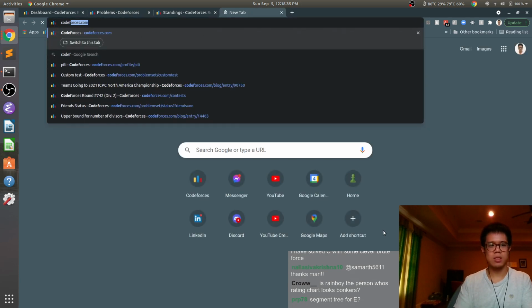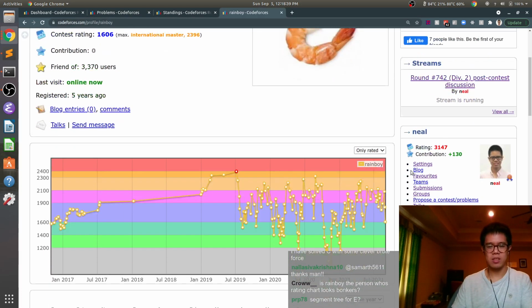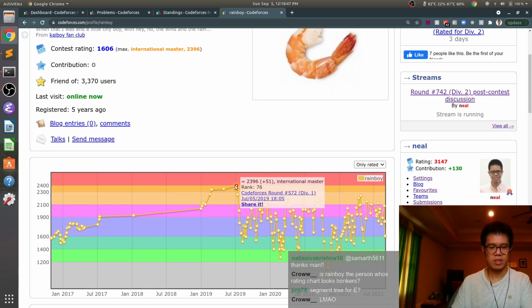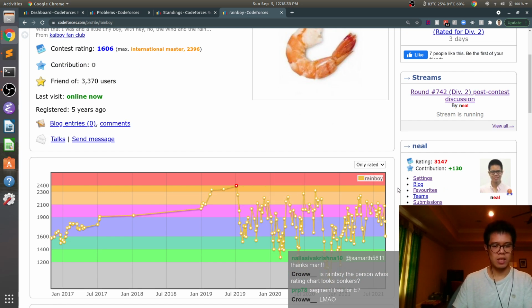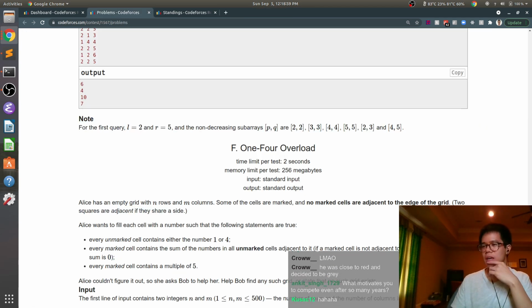Yeah, Rainboy is the one who just clowns around on these contests. It's funny because he was very, very close to red, and then he just decided that he didn't want to be red. When obviously he's good enough. I think he's clearly good enough for at least IGM. I mean, I think he got 5th place at IOI, so. Anyway,